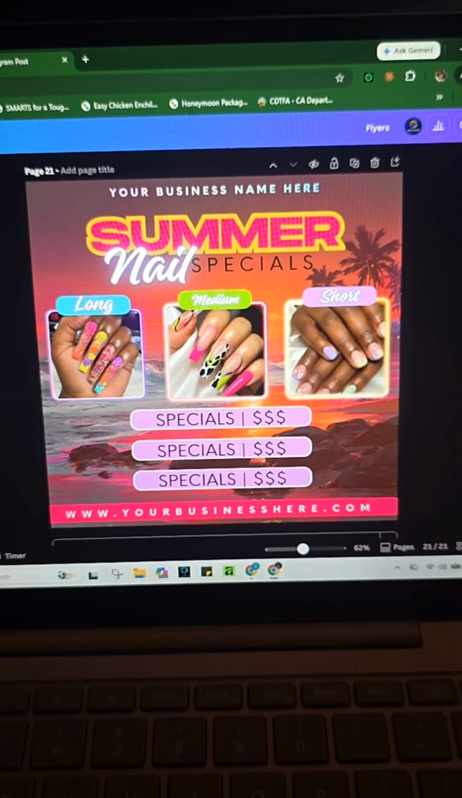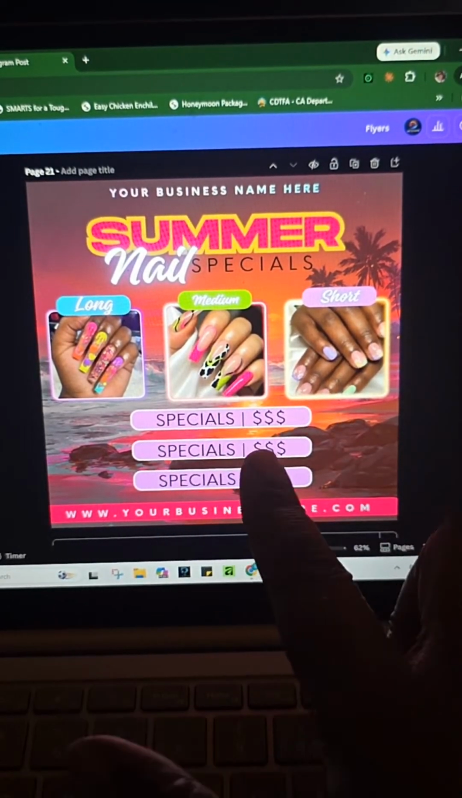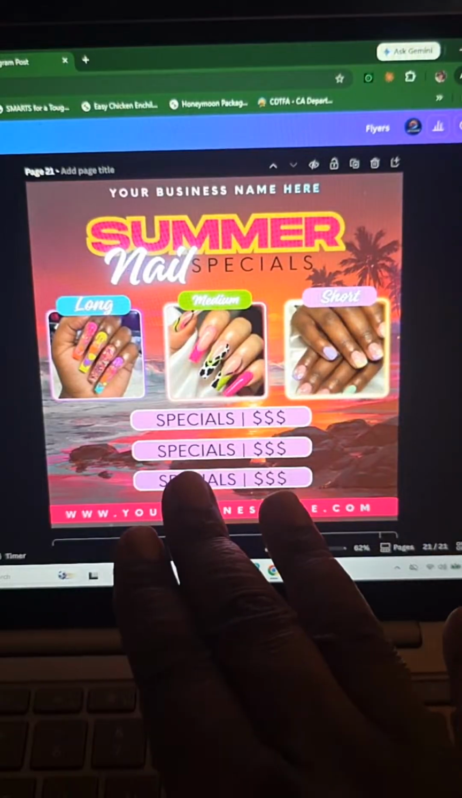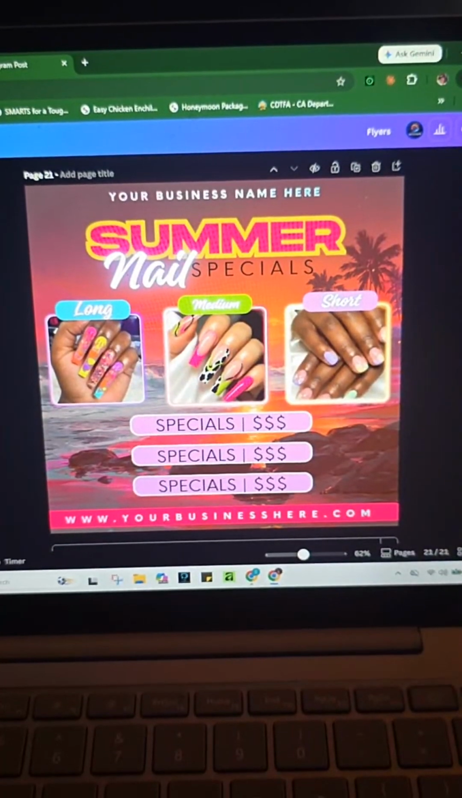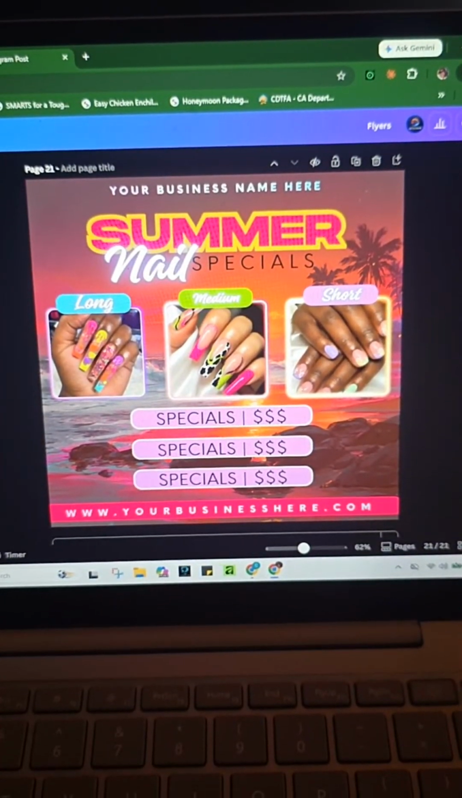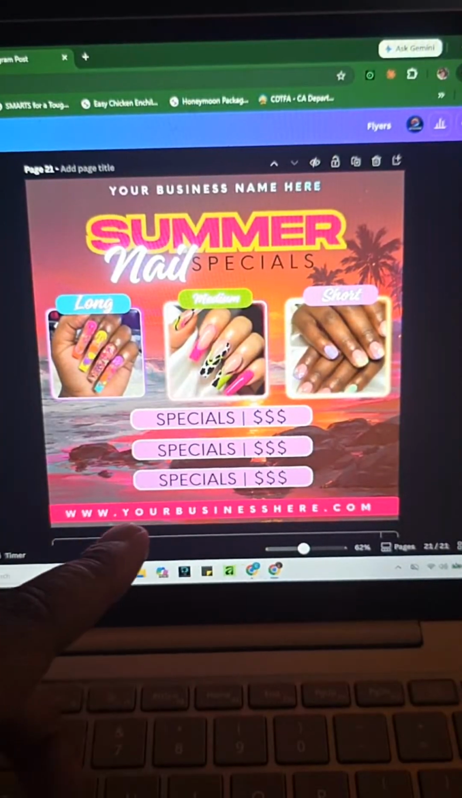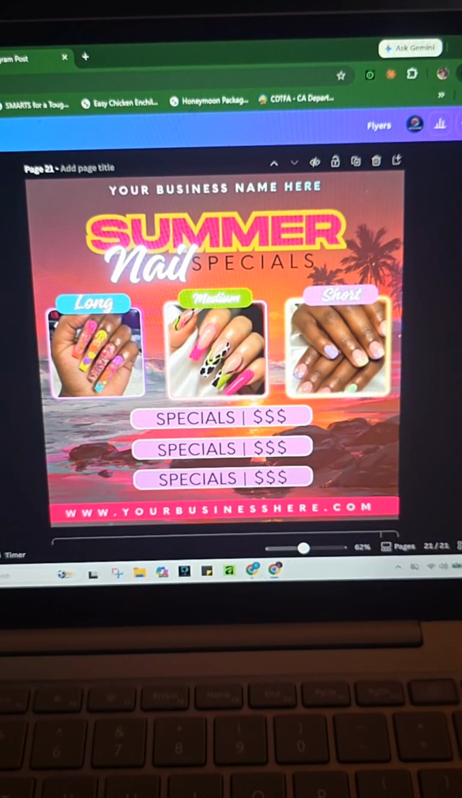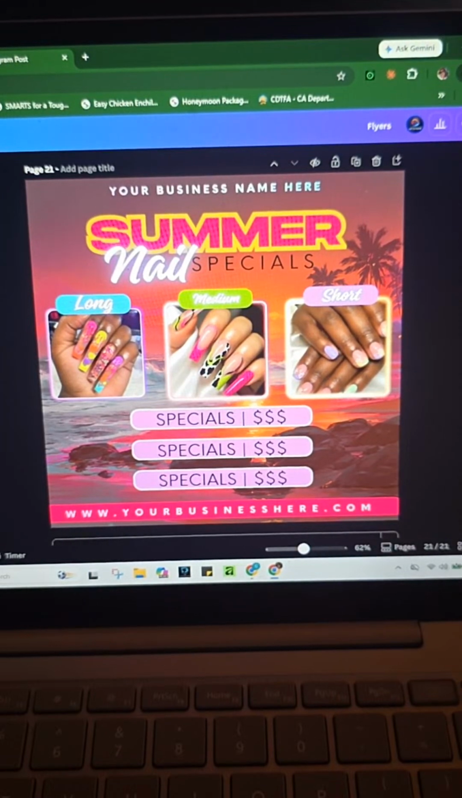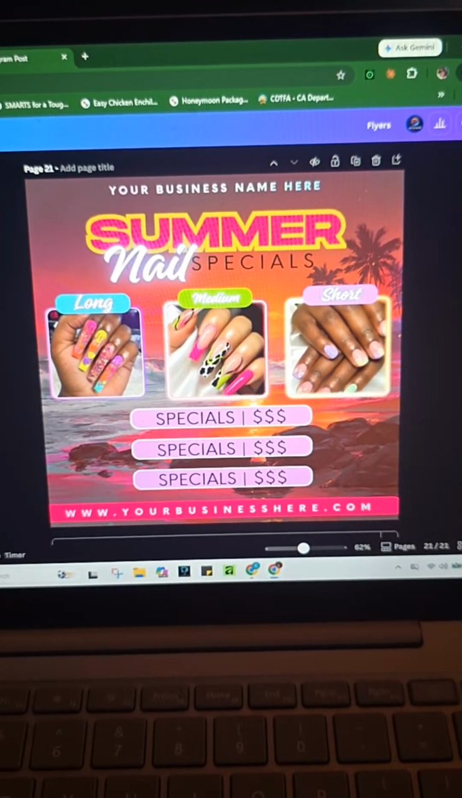What we offer, we have some AI generated images for the hands and the nails. We have here where they can offer their specials. So say if they have acrylic set specials or long set specials, that's where they'll be able to list their specials and go from there. So in a nutshell, this is how you finish a flyer. And now what I'll show you is